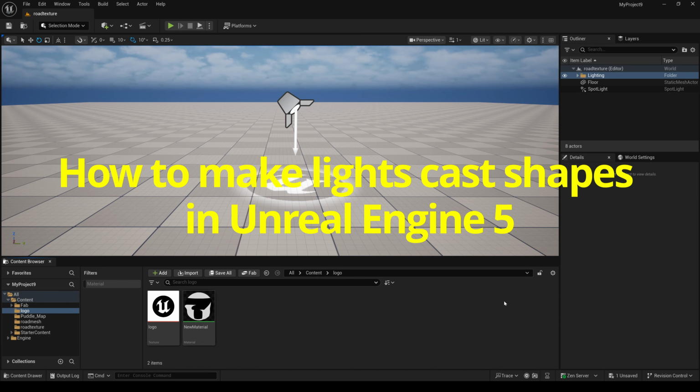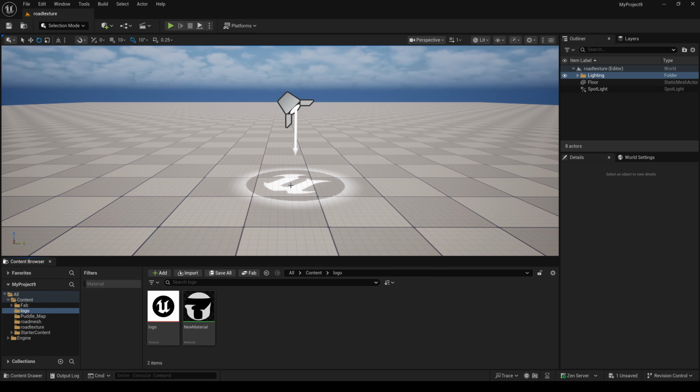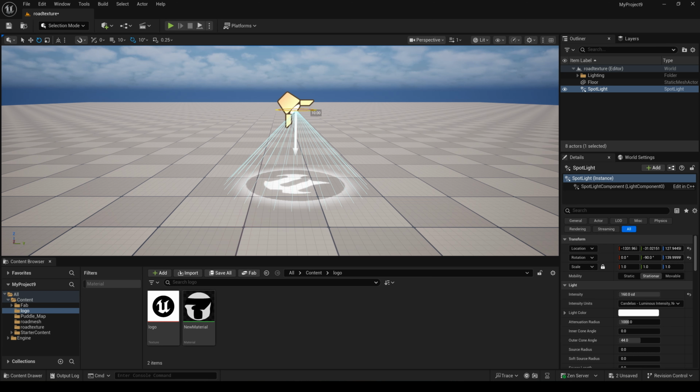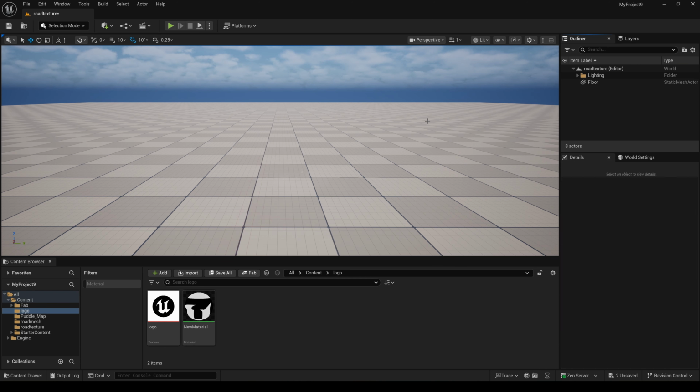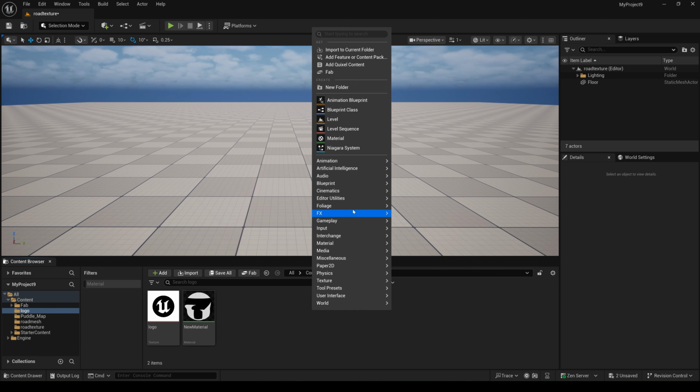How to make line sketch shapes in Unreal Engine 5. In this project, we have this spotlight, and this spotlight sketches a shape. And here you can see when I drag this spotlight, the shape also changes. Okay, I delete it. And here we need to create a new material